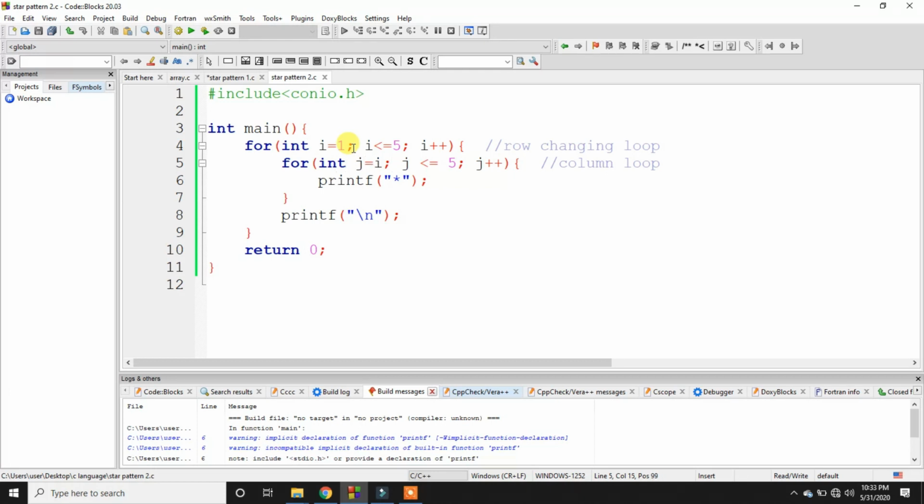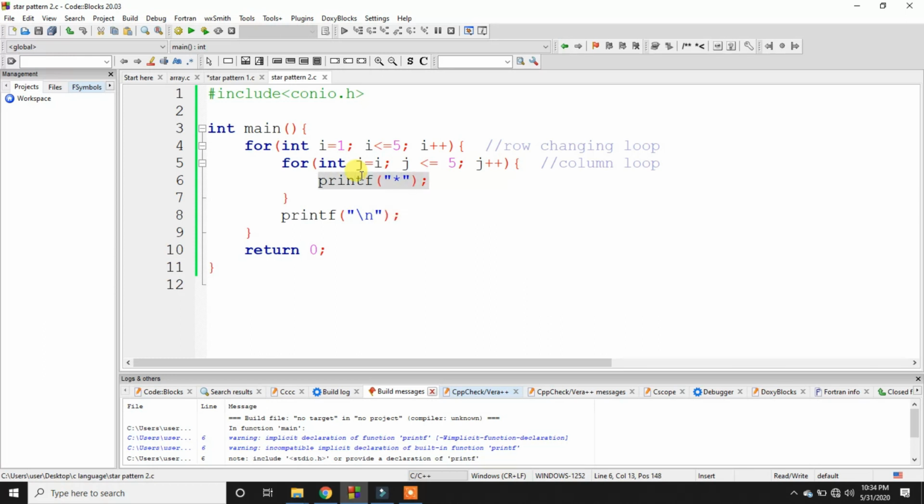After that, in line number 5, we initialize the j value, which is equal to i. So if i is equal to 1, then j is also equal to 1, and then this condition is satisfied, because 1 is less than or equal to 5, obviously. And then j plus plus, then we print a star.